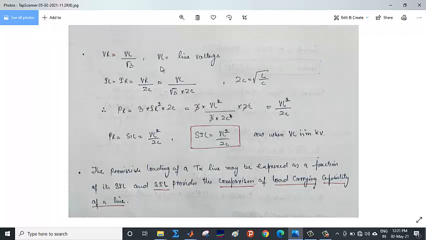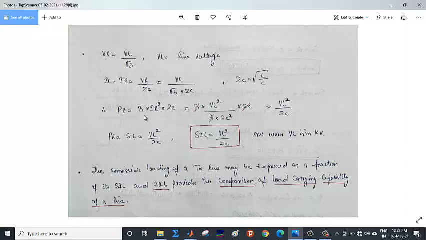Let us say we have a system line voltage given as VL. So the receiving end voltage will be equal to VL by root 3, because we are trying to use the per phase analysis. And IL, that's the line current, will be the same as the receiving end current, IR, which will be equal to VR by ZC. So VR is VL by root 3 and ZC is as it is, but here ZC is not the full expression root of R plus j omega L by G plus j omega C, it is equal to root of L by C, because here we are assuming R is equal to 0.